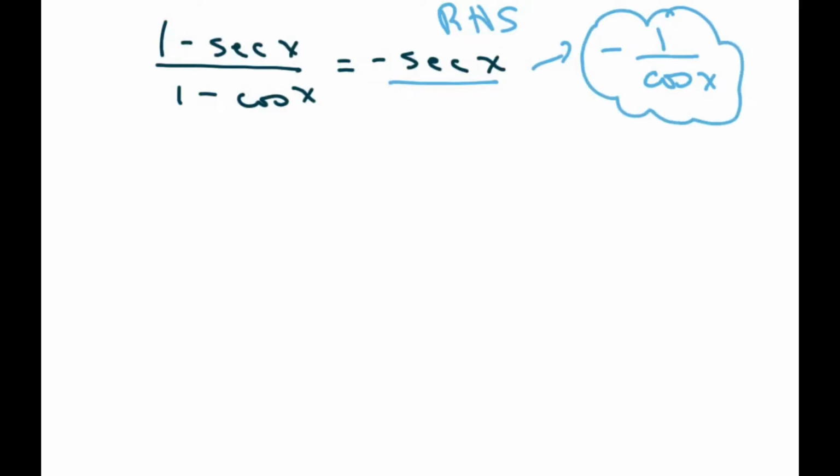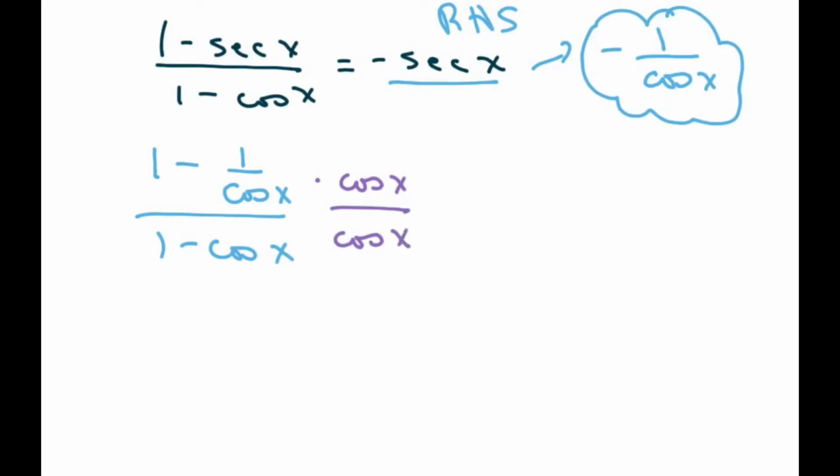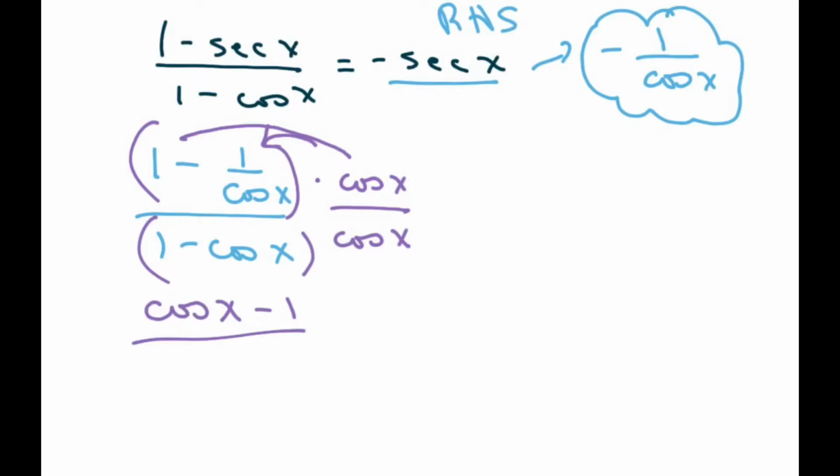And I'm going to go ahead and write this in terms of sine and cosine. So this is 1 over cosine. Now, I'm going to eliminate the complex fraction here by multiplying my numerator and my denominator by cosine of x, and distribute here. So that's going to be cosine of x minus 1, because when you multiply these two, that's 1. And then on this one, I'm just going to leave this on the outside, cosine of x times